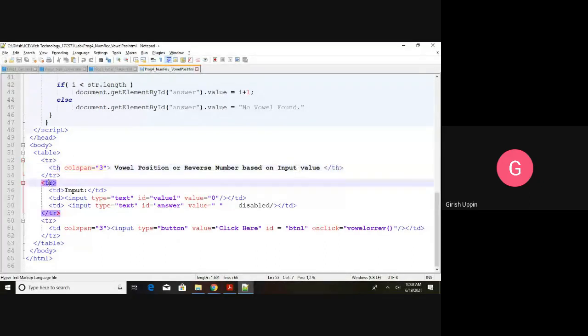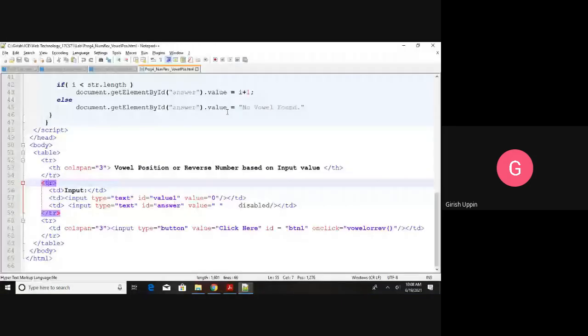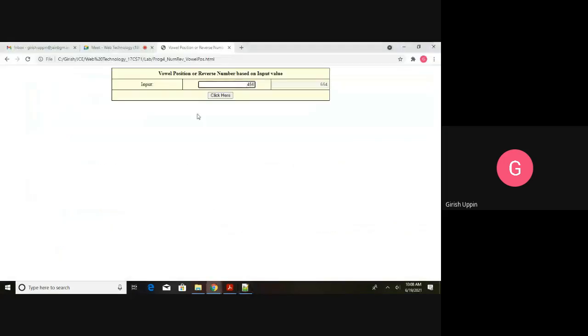Okay, then in the next row I have 3 TD: 1, 2, and 3. The first TD is just some text input. Then the second TD is an input control of type text, and ID is value 1 and initial value is 0. So when we loaded this page, you can see the initial value is 0.